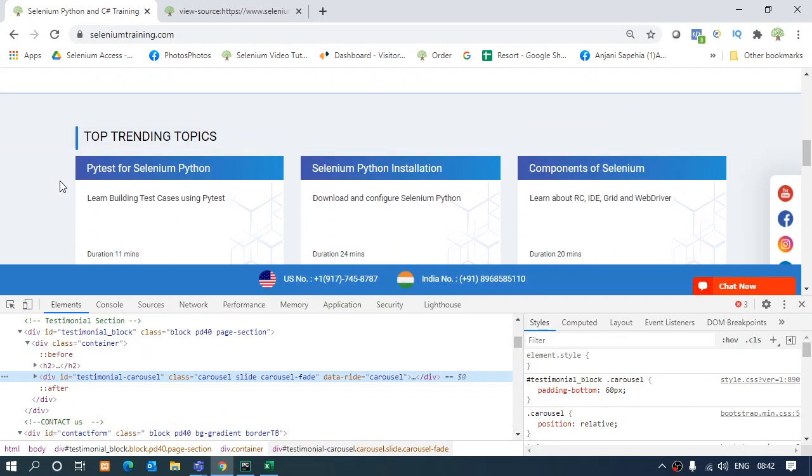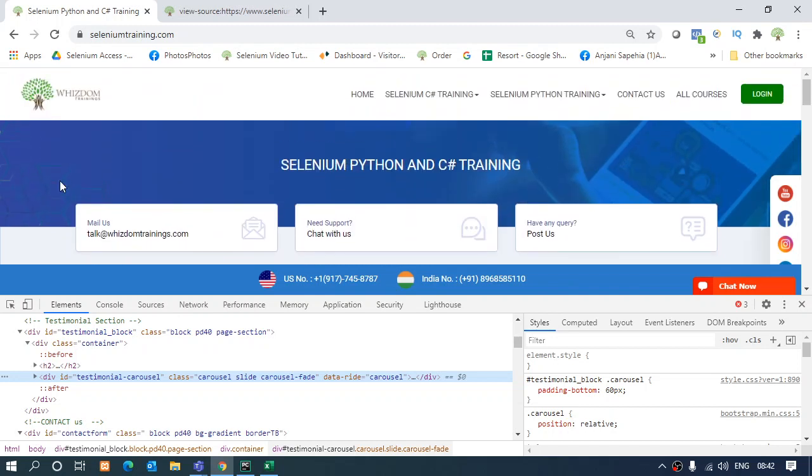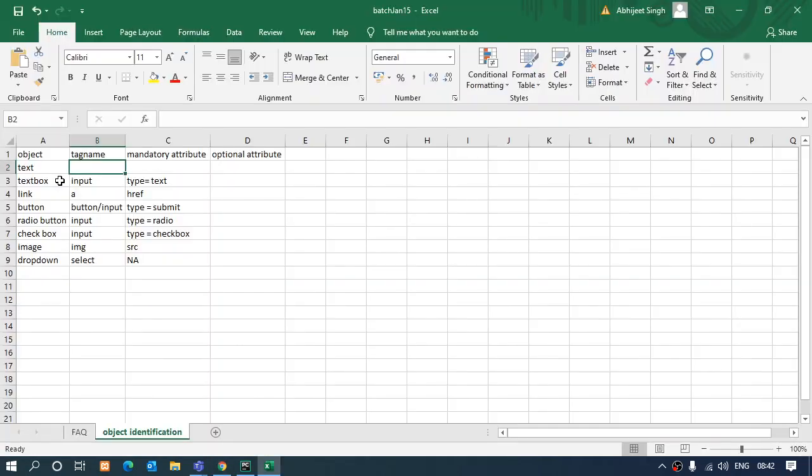So text is very dynamic. You cannot bound it to any particular tag name. You can use any tag name. There can be a number of tags you can use, like p tag, div tag, label, i, h. Now h varies from h1 to h6, that's the heading tag.